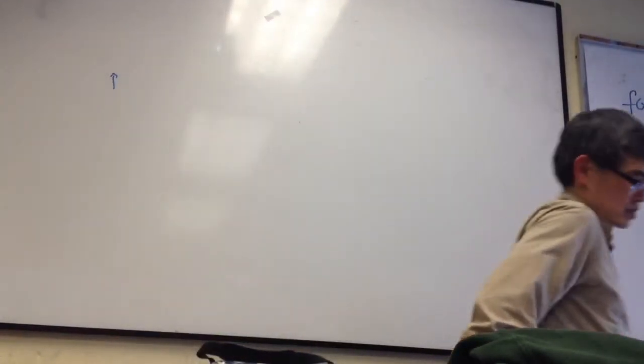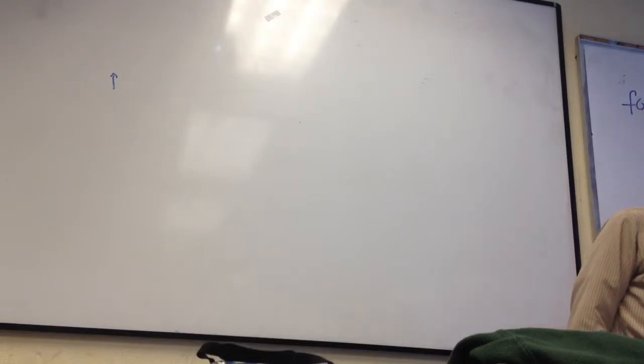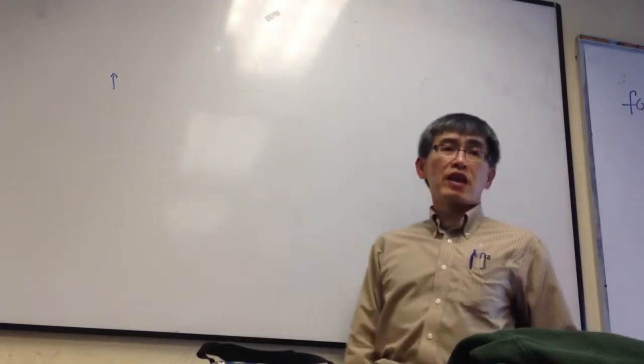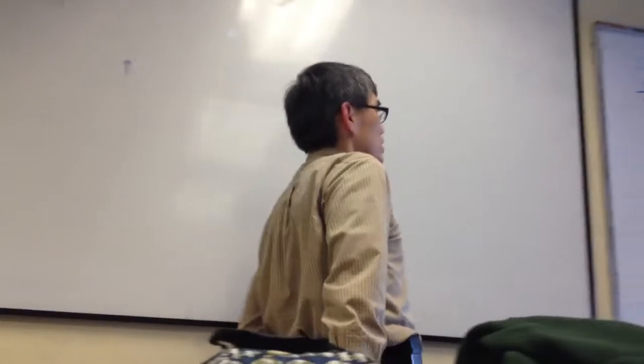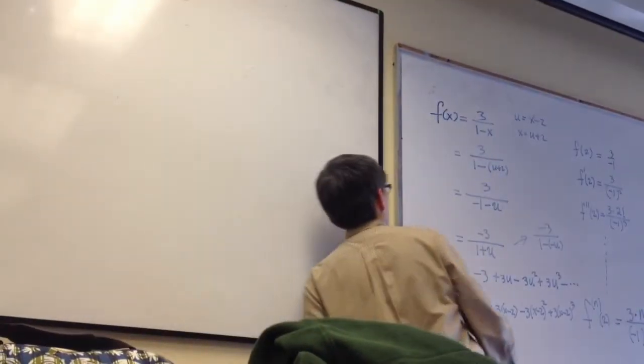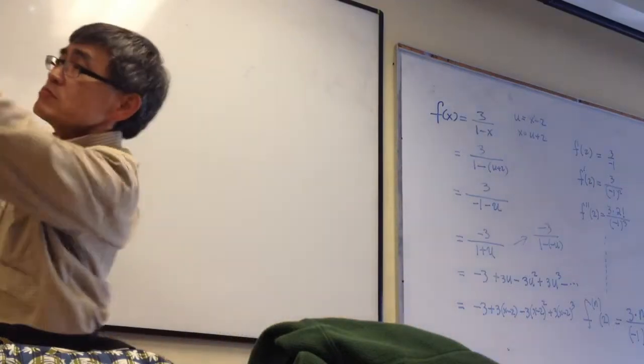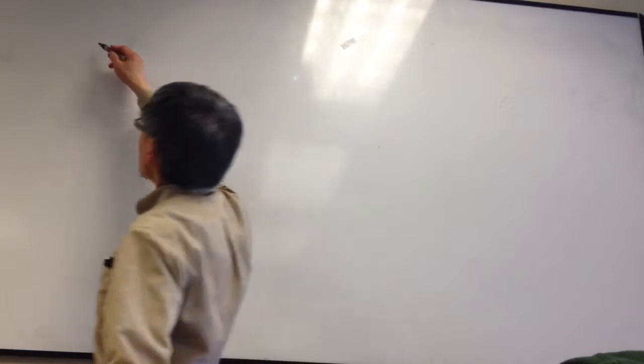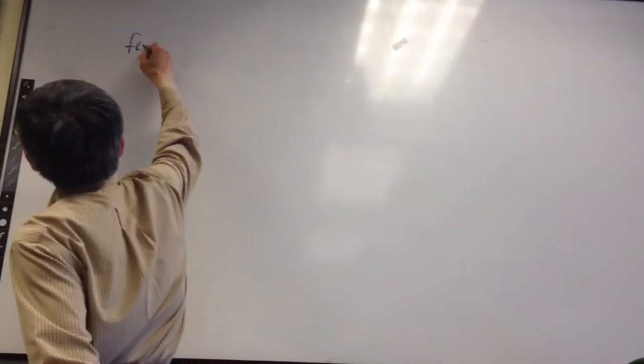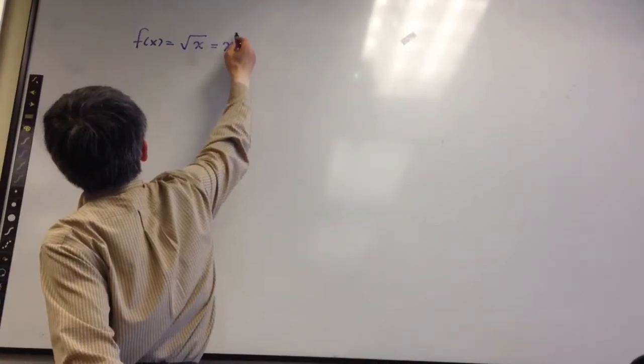that is suitable for this current situation. In this case, you'll use binomial series, and that will work. Okay, so let's see how it goes. Square root x. So f of x is square root x, which means x to the,